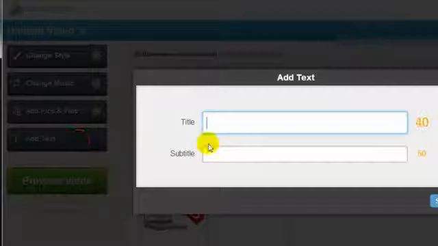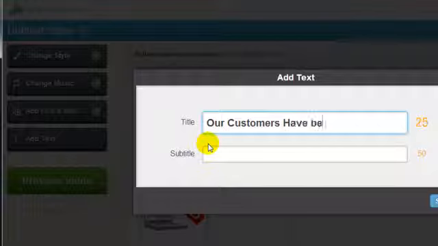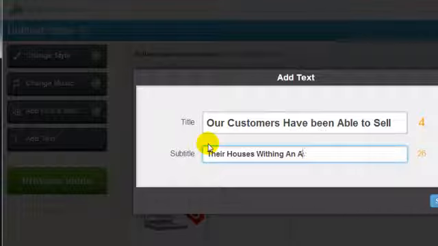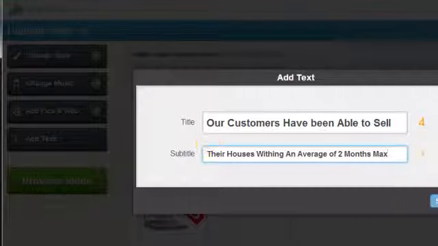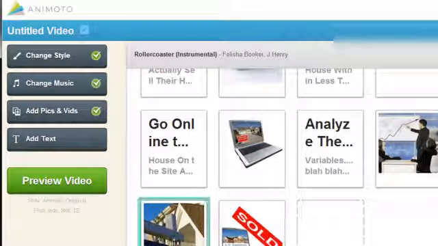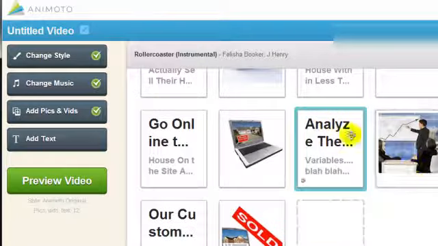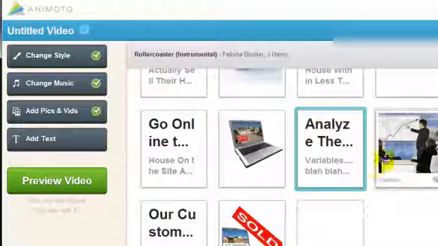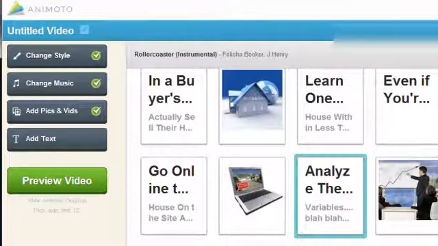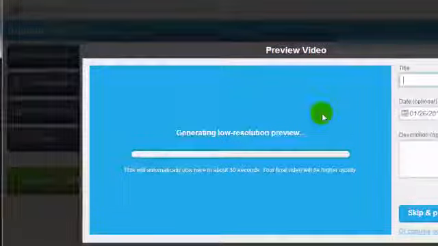And then our customers have been able to sell their houses within an average of 2 months max. And then we've got this here and here and here. So obviously the meat of this educational video would be in here when we talk about analyzing specific variables and actually doing a specific thing. But as you can see, I've made a quick and easy tutorial with Animoto, and the beauty of it all is all I have to do is click save, click on preview video,